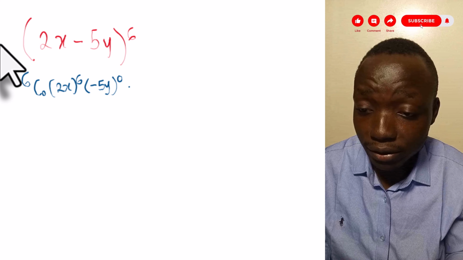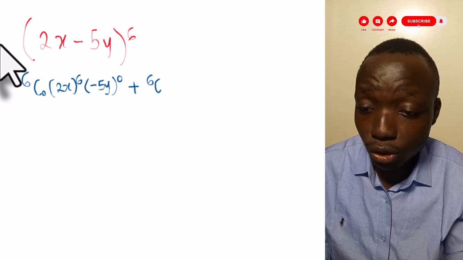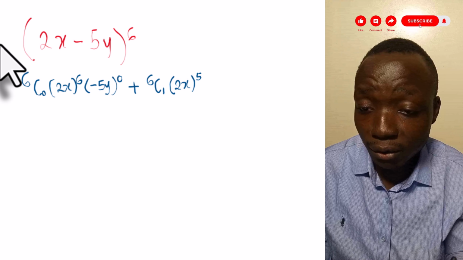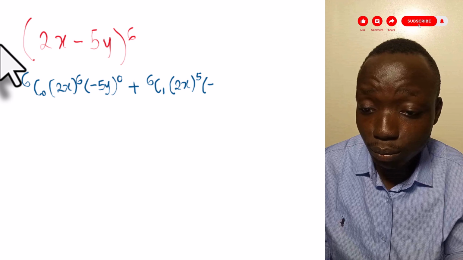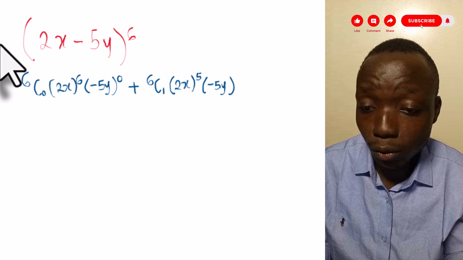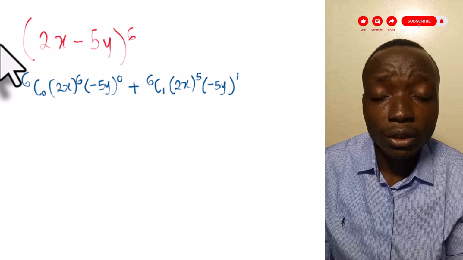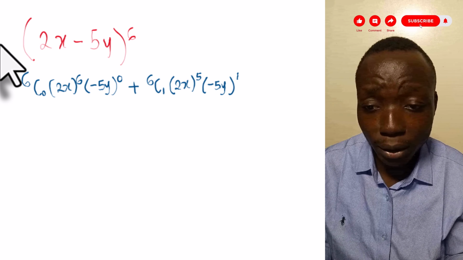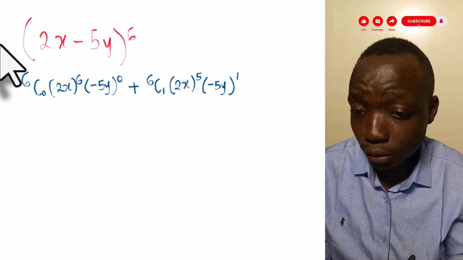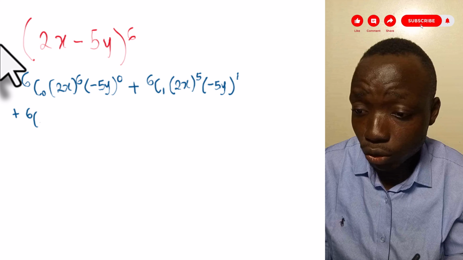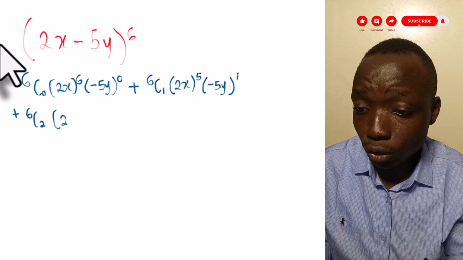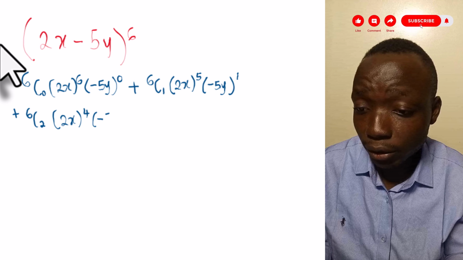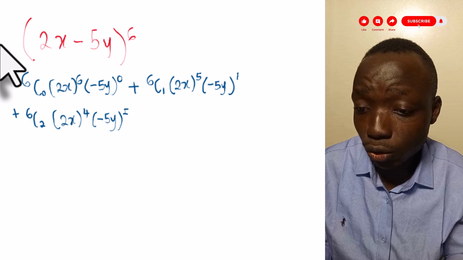Okay. Now the next term will be plus 6 combination 1. Now the first term is going to reduce by 1, so we'll have 5 here. And the second term is going to pick up by 1, so we have 1 here. So we're going to continue in this fashion. The first term will keep on decreasing by 1, while the second term keeps increasing by 1. Now we're going to have plus 6 combination 2. So we have 2x raised to power 4 minus 5y raised to power 2